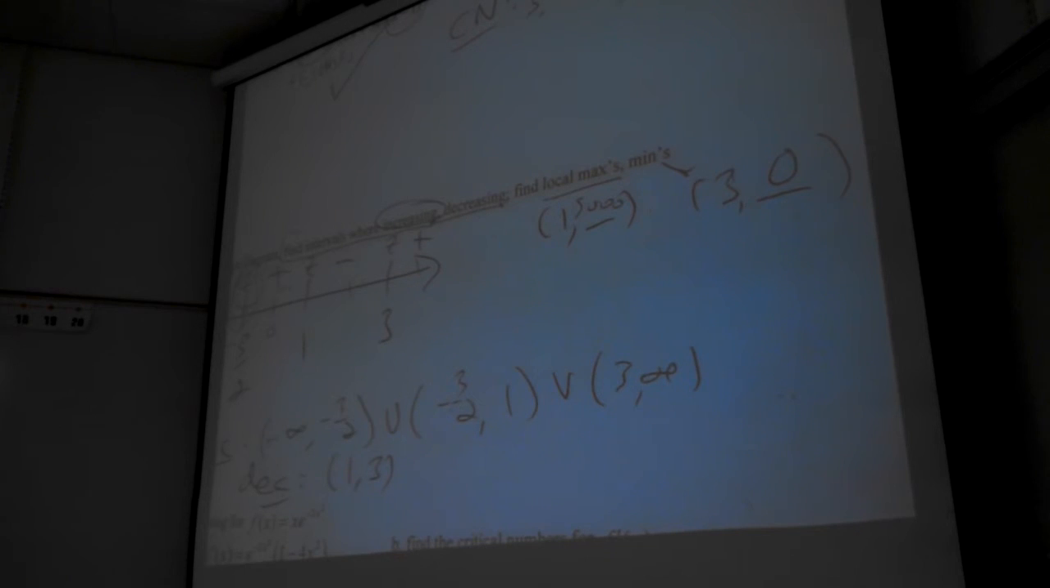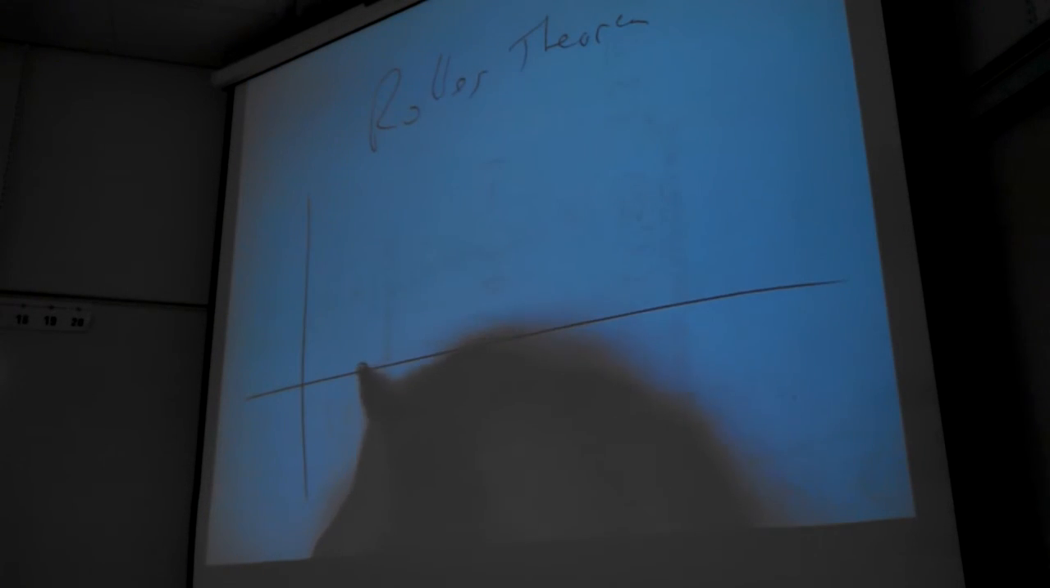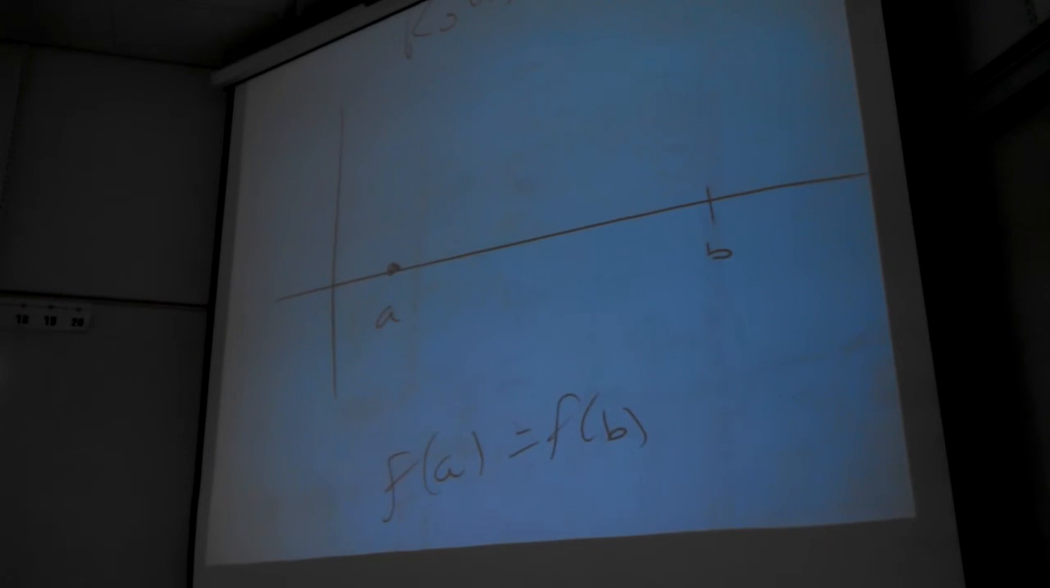All right. I like it. So real quick. What we're going to do next is kind of funny. There's something called Rolle's theorem that says, now what do you think about this? What do you think? If I had a continuous function from a to b, and f of a equals f of b,